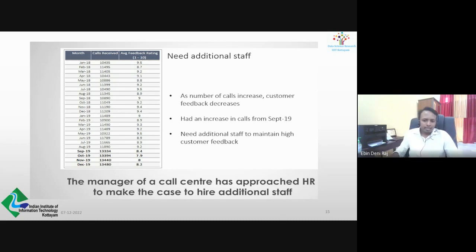So they provided a table that shows months, the number of calls, and also the average feedback rating, which we can see from September, the number of calls increases and the average feedback actually decreased. So this communication clearly lays out the reason why more staff should be hired. It basically shows the impact to the business if they don't hire more staff. So in terms of communicating information, this data visualization is definitely good, however, it doesn't do that effectively. So we'll review this graph again.